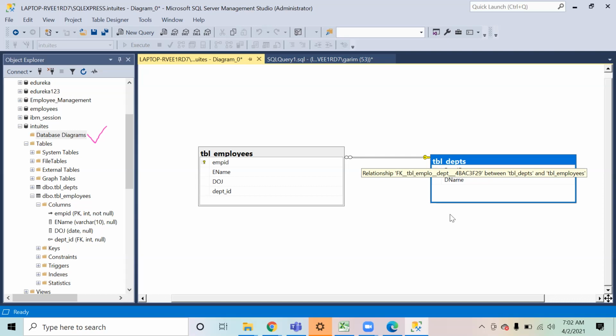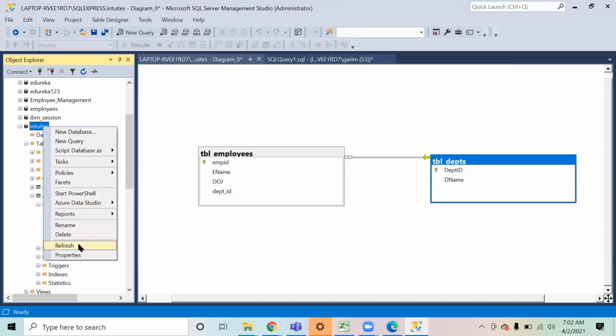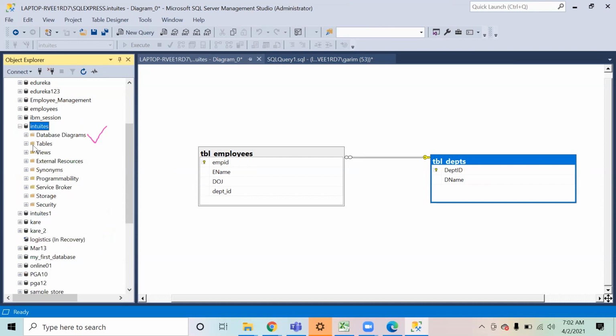Okay, so this is how a database diagram is created. So how do you create a database diagram? I'll just repeat the steps. You would be getting a plus sign, right? Let me refresh this. You all would be getting a plus sign. When you click on that, you will get a message for, why is it not showing?